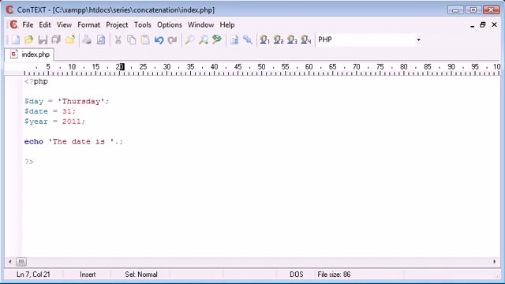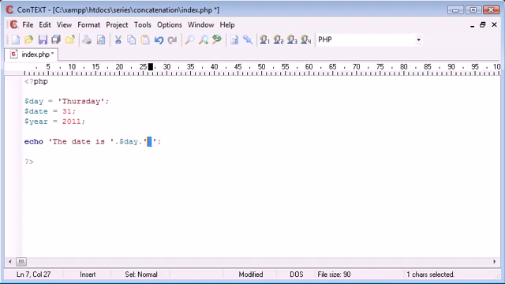Then what we need to do is just simply address the variable that we want to echo. So this is still all included on the echo line. If we put the day here, it's still going to echo out day even though we haven't pre-put echo in front of it. So concatenation just basically means we're joining something on to the string that we're already echoing. So the date is day, then we want a space, so I'm going to concatenate on a piece of string